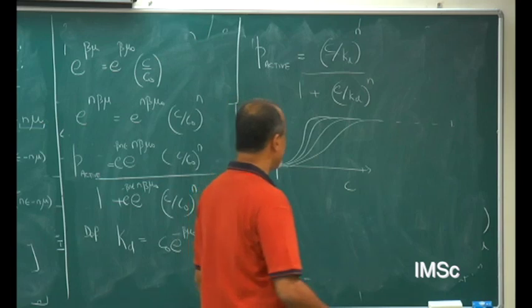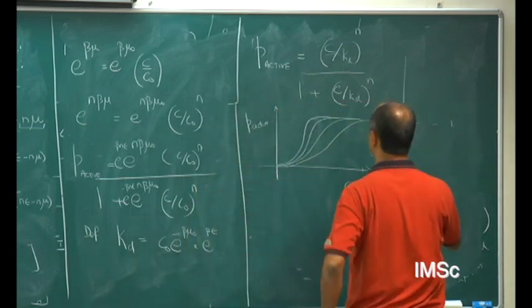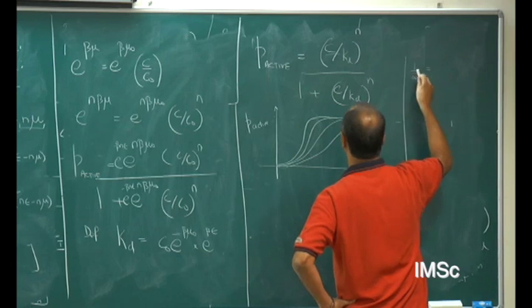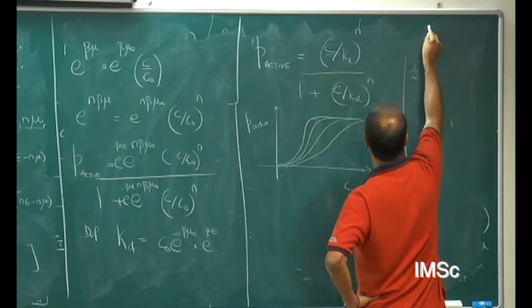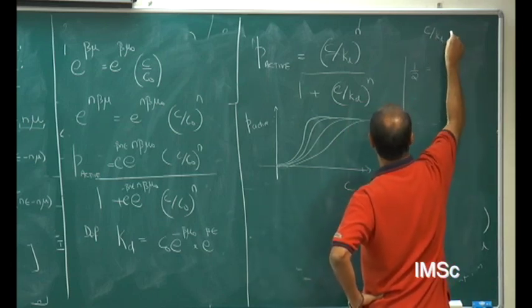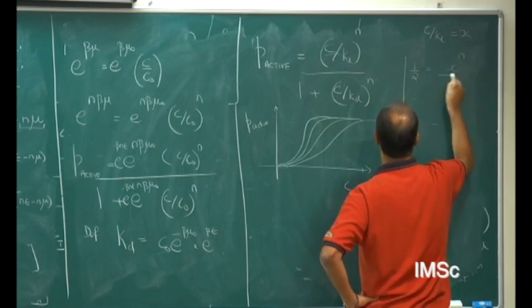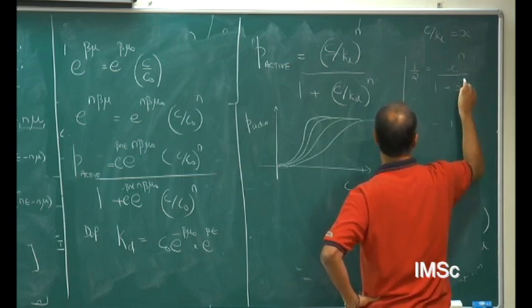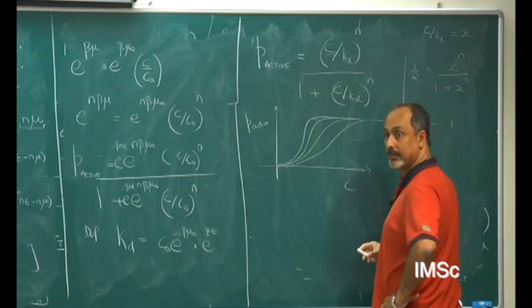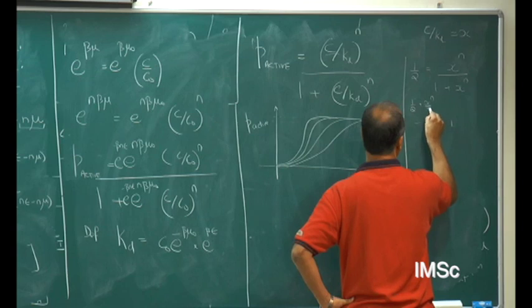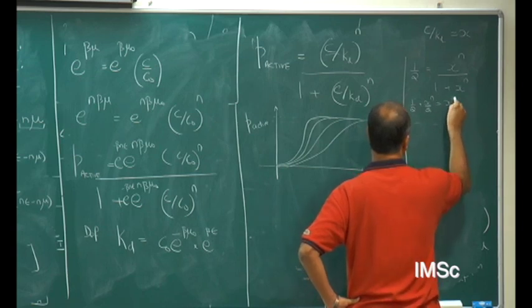Let me just work out something on the board because I am not very sure of it. Let me set P active equal to 1/2. Let me write 1/2 equal to, and let me call C divided by KD equal to x. So 1/2 is x to the power n divided by 1 plus x to the power n. Correct? Therefore, I can write 1/2 plus x to the n divided by 2 equal x to the n, which